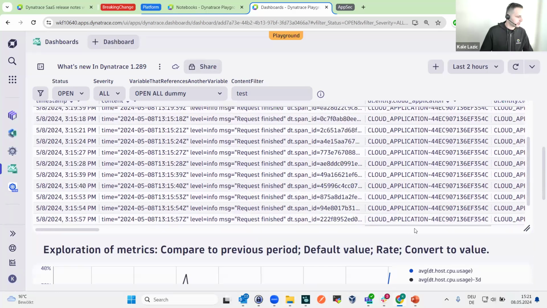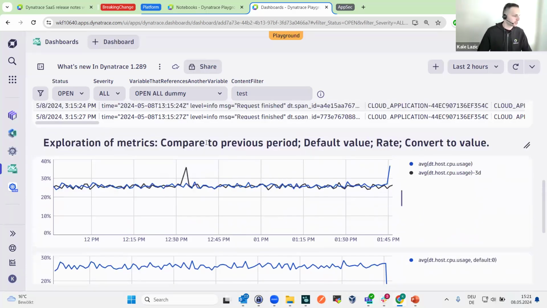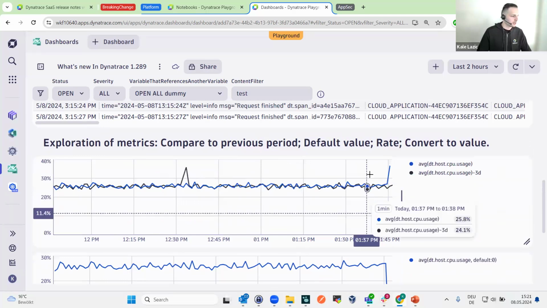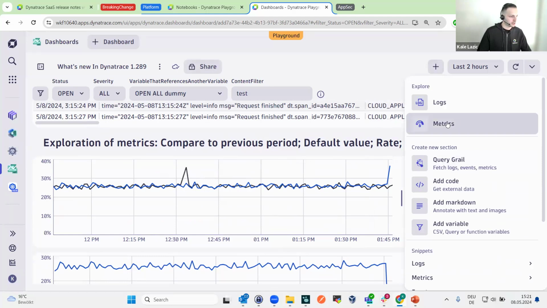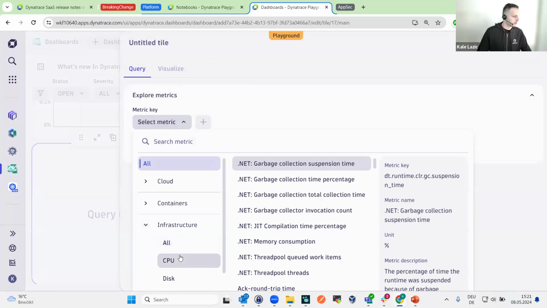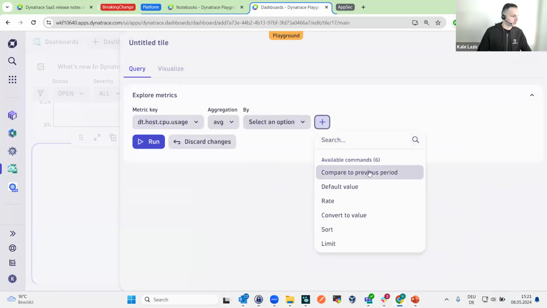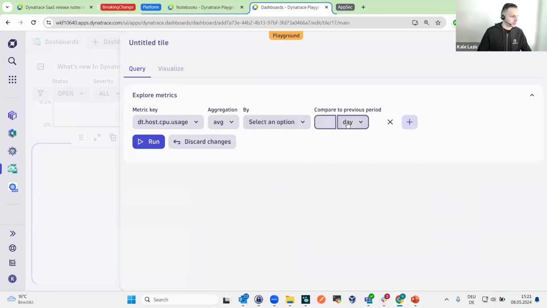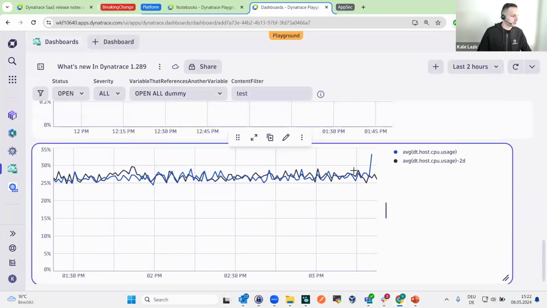And if we scroll down a bit, I also mentioned the exploration of metrics, and that we now can use specific functions like compare to previous period, default value, rate, convert to value. So basically when you add a metric in explore logs, I will just show this real quick. Example, CPU usage. You can now add different commands, for example, compare to previous period. Let's say we use day, to the second previous day. I run it and I close it, and I can see now when I expand it a bit, the value